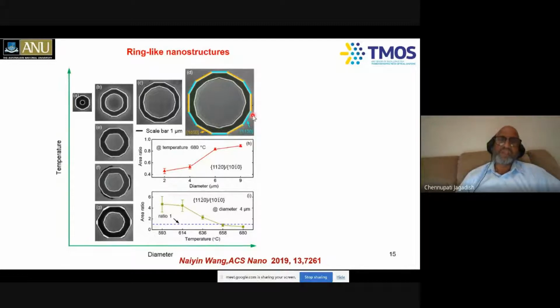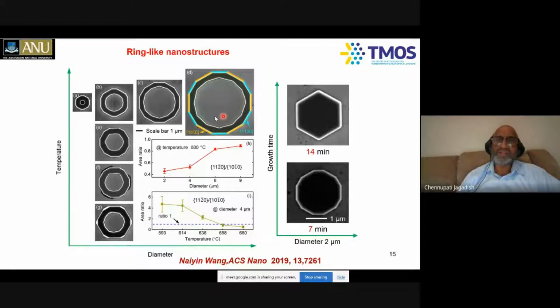If you open a ring, again, you can see that you can create these beautiful ring-like structures with these alternating facets, which I have shown you earlier. Again, Nain Wong has spent a lot of time optimizing various growth conditions, including temperature and various things. If you keep on growing, what happens is that this gap gets filled up, and then you get the horizontal membrane here. If you keep on growing further, you ultimately finish off with this hexagonally faceted structure, because these facets have got the lowest surface energy, and crystals always like to be in the lowest surface energy, generally.